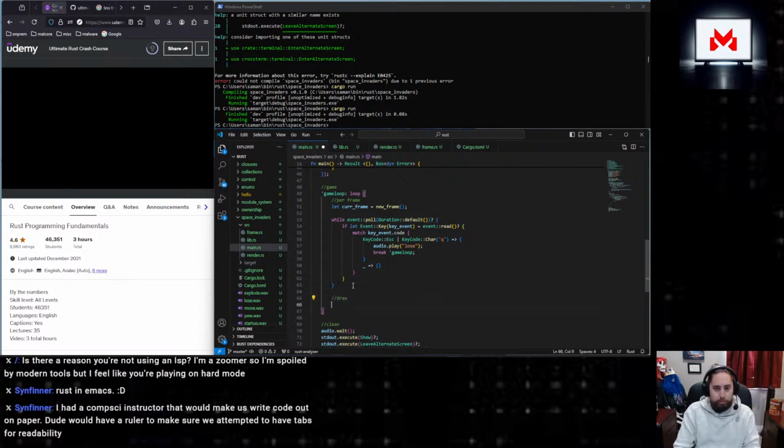So first thing we want to do is send that frame. So render transceiver side, send our current frame. We don't need it for anything else, so we're actually moving it to a different thread. Now that returns a result, but we expect this will fail the first few times because this game loop is going to get going before that child thread is set up and starting receiving. So there's not going to be a receiving end of the channel available for a little while. So instead of crashing on error here,